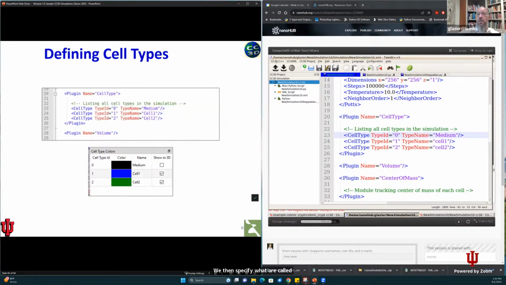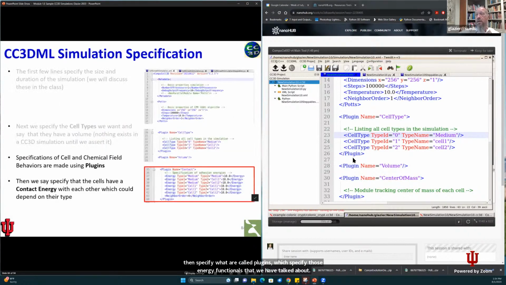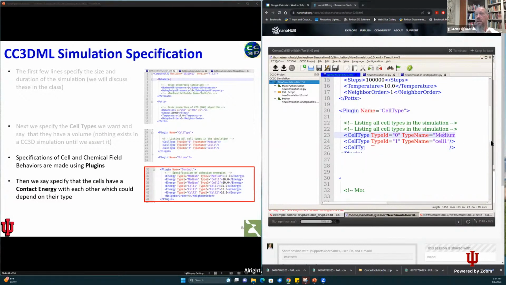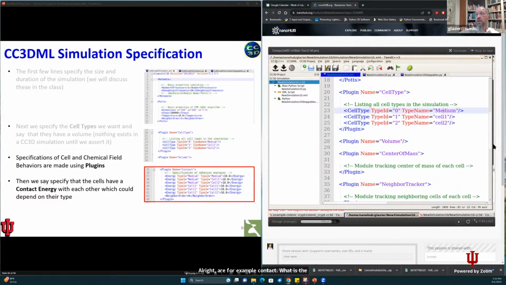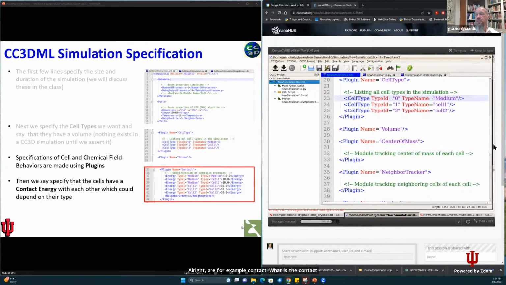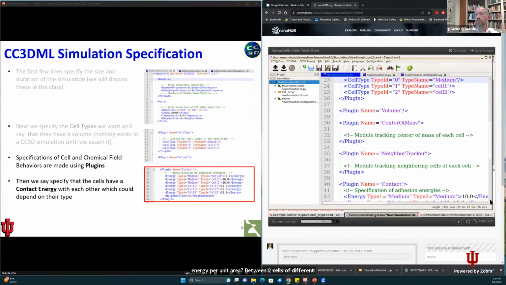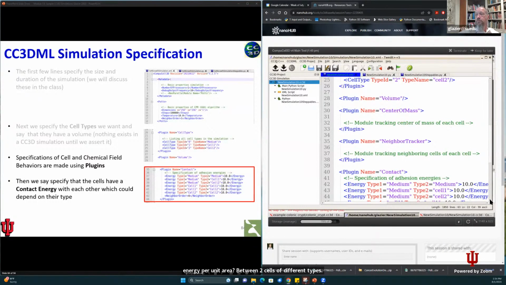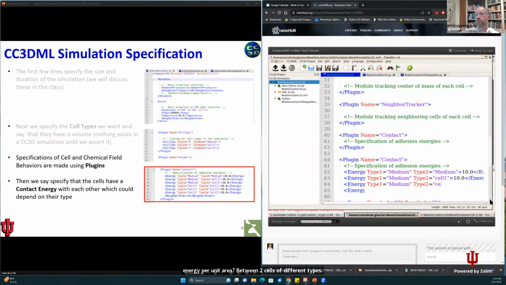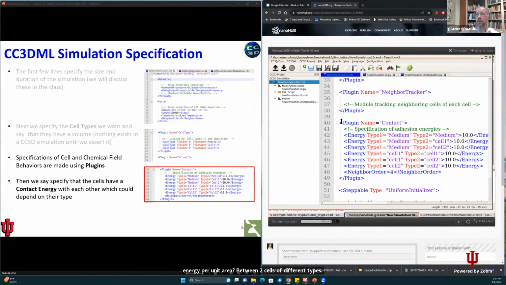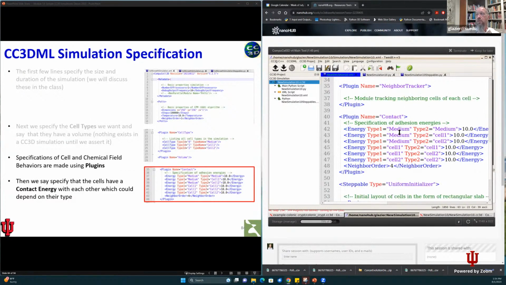And those plugins are, for example, contact energy. What is the contact energy per unit area between 2 cells of different types? Here we have the contact energy between medium and cell 1, medium and cell 2, cell 1 and cell 2,